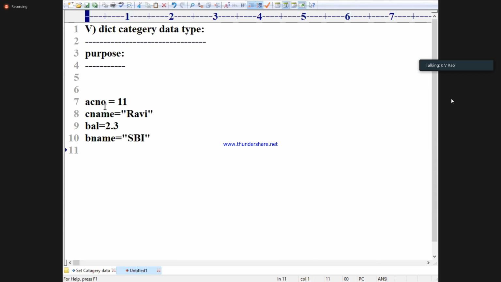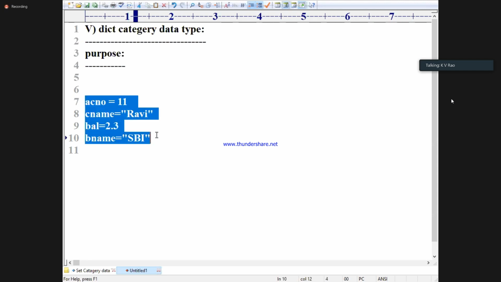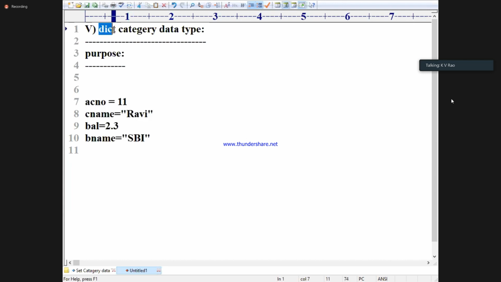What are ACNO, C name, balance and all those things called? Keys, and this 11, Ravi, 2.3, SBI are called what? Values. To organize the data in this format, I will go for which data type? Dict data type.